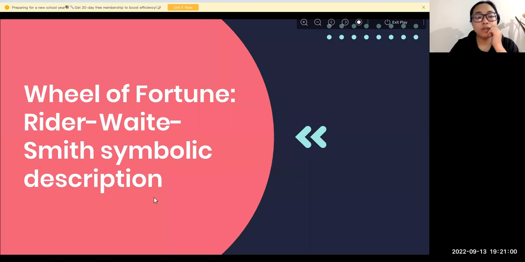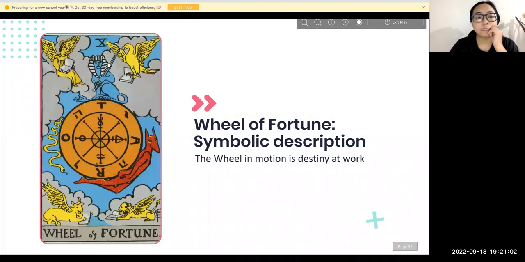Now look at the Wheel of Fortune, which is card number 10. When you look at card number 10, you can see a lot of images in it. There are the angel, the bird, and the bull with wings. These are all with angel wings. All of them are nature spirits, by the way, and all of them have a book. That means every nature spirit, when I say spirit guides or angels, is tracking your good karma and bad karma in your life.